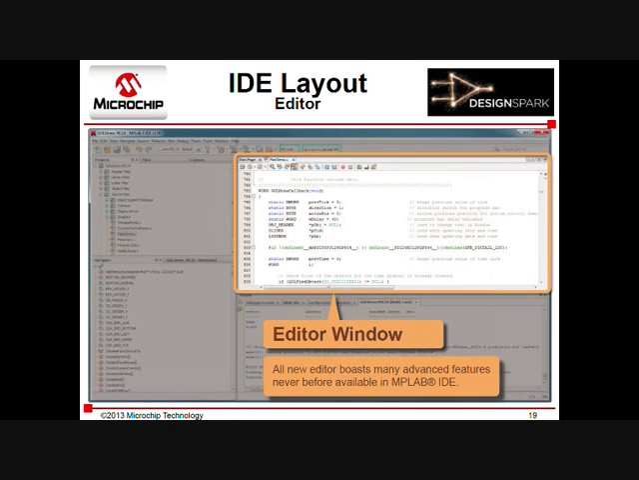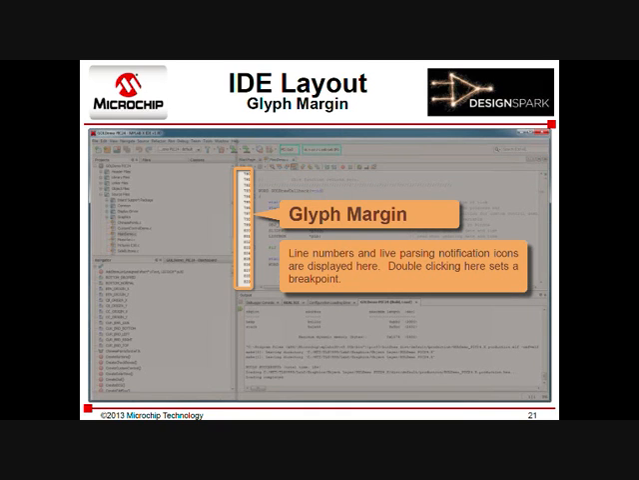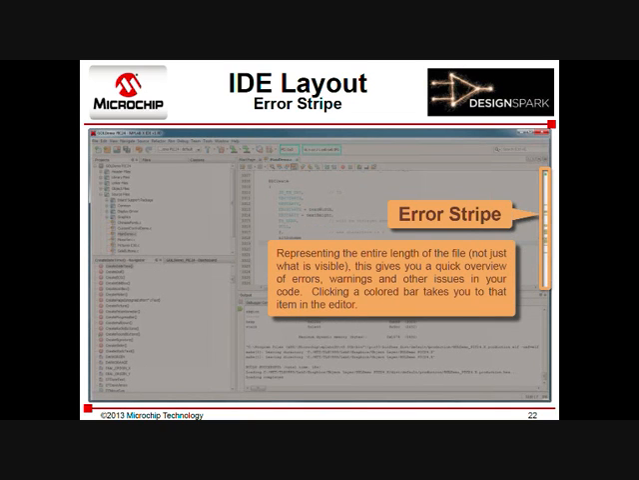The editor is actually a programming editor, so it's aware of keywords, makes auto indent, matching braces, and so on. It has its own editor toolbar, so a lot of useful buttons like comment, uncomment, increase indent, decrease indent. Bookmarks are already there as a button, so you don't need to go into a context menu. There is a glyph margin where there is the number of the line and any information that the live parser will give to you. And the error stripe